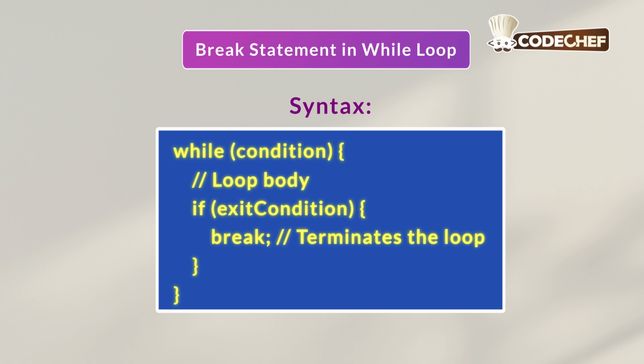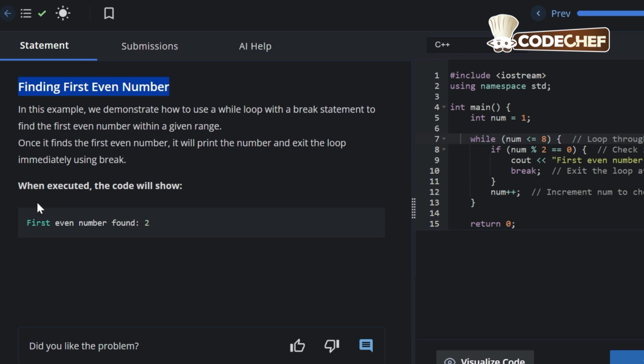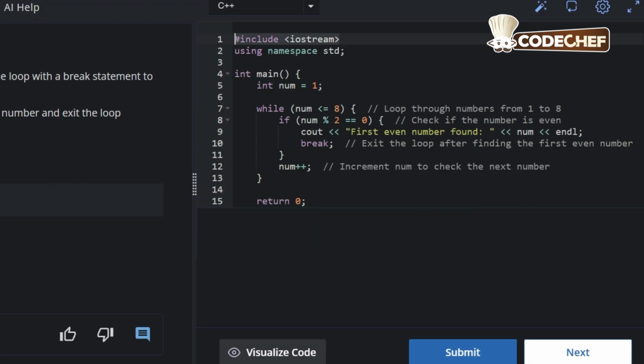Let's see how to use the break statement in a while loop on the CodeChef platform. Here the program objective is finding the first even number, and the expected output is "First even number found : 2". Coming to the code, #include <iostream>, using namespace std; then int main. Now inside the main function we have initialized the variable num, so int num = 1;